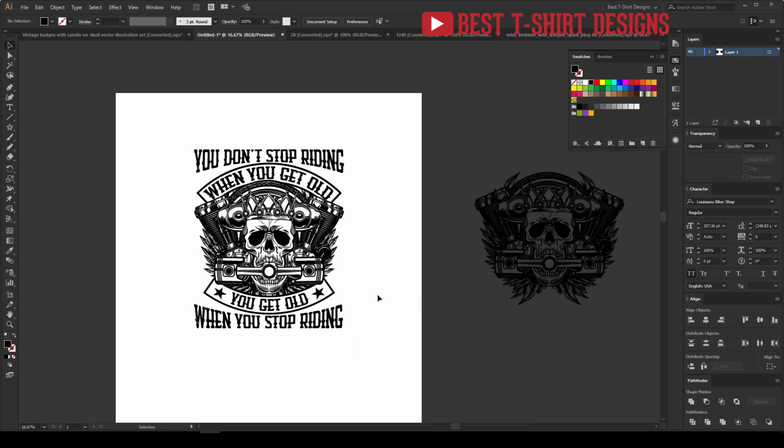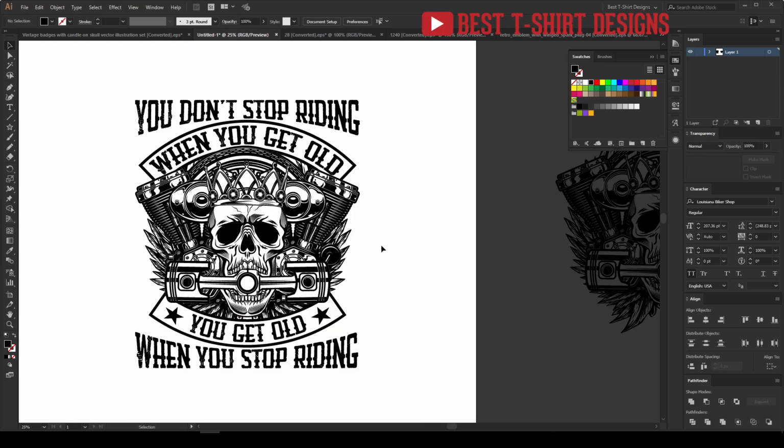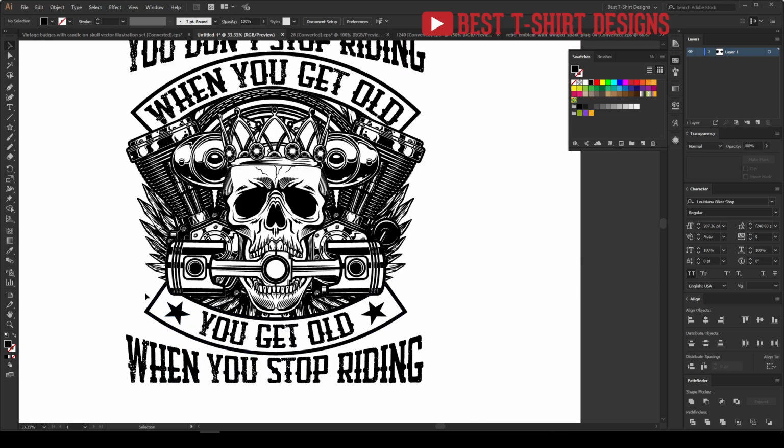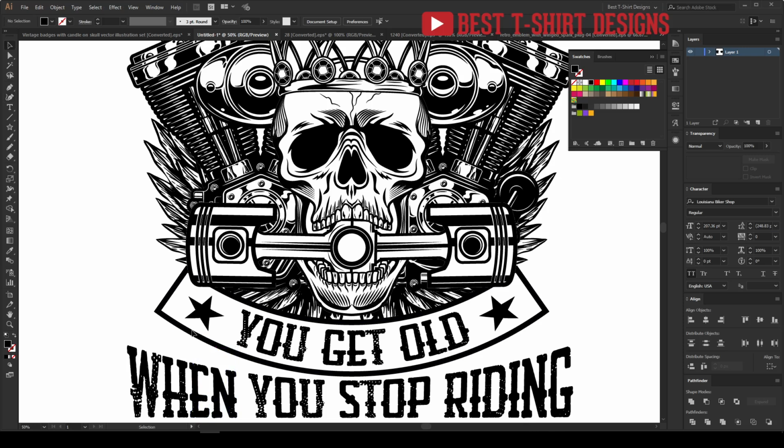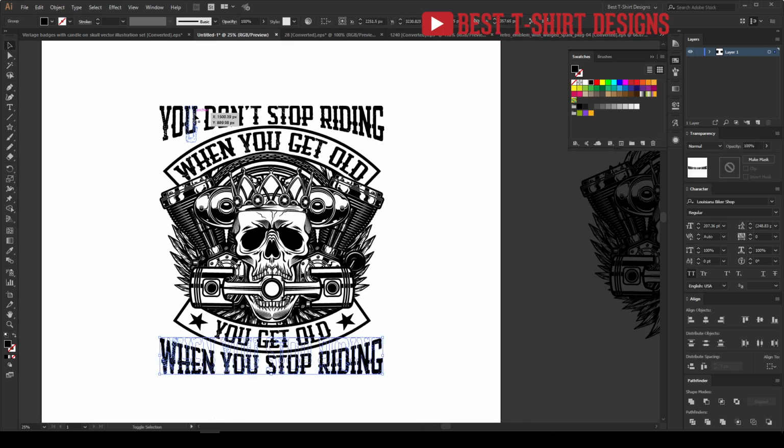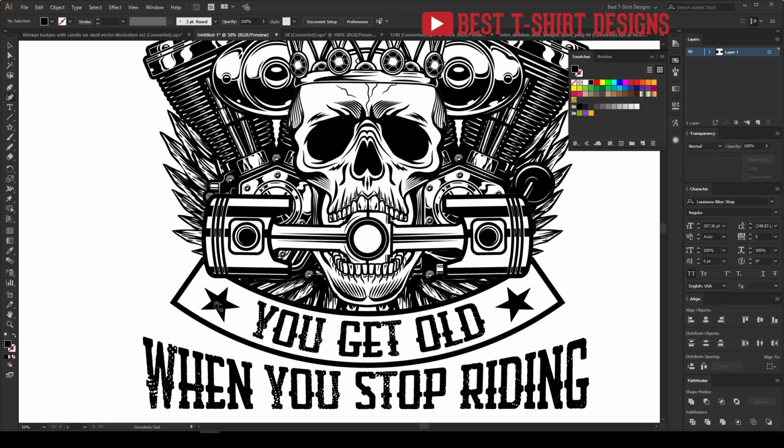So this is not perfectly matching with that part of the text, but that is fine, don't worry about that. We can simply make some extra stuffs to fill that area. Let's say I want to, okay, so here I am going to select these two, and then I have to expand their appearance. That will make it single look like that, no effect applied. So I'm going to take my curvature tool here, click on here,